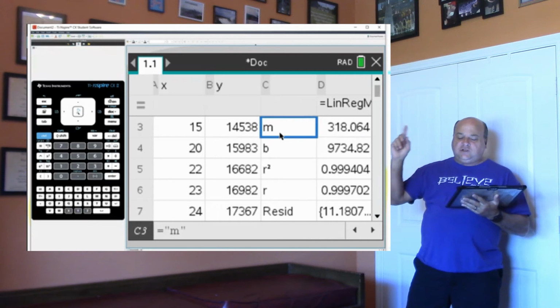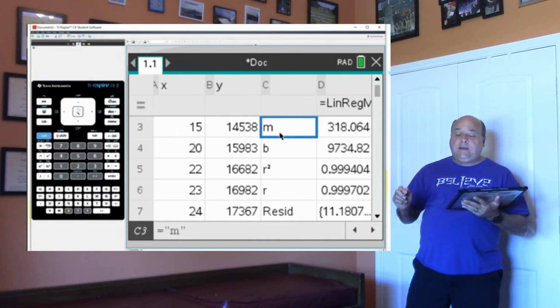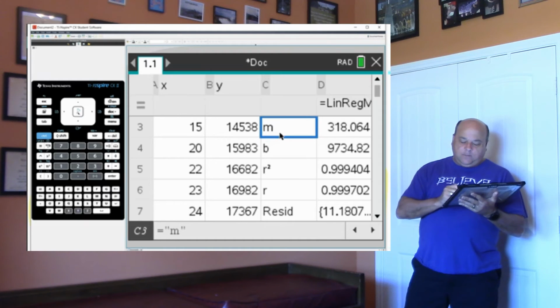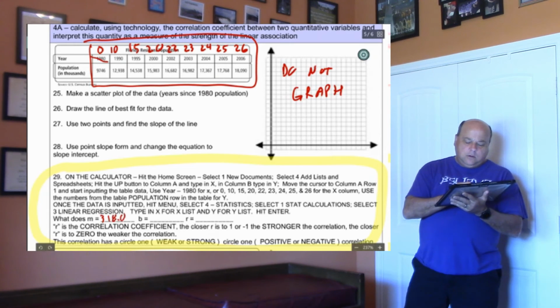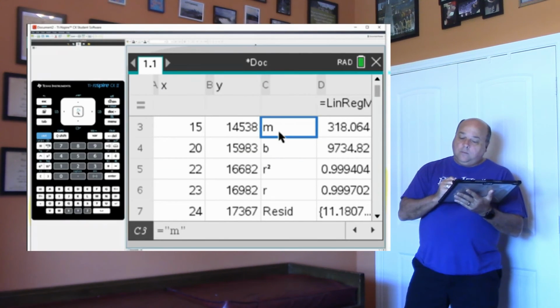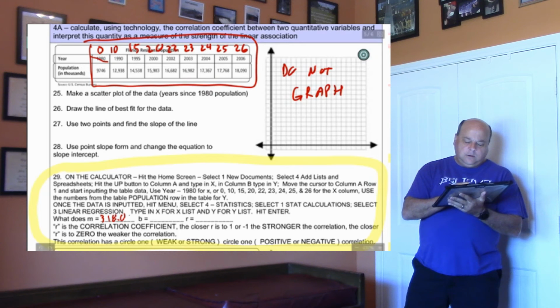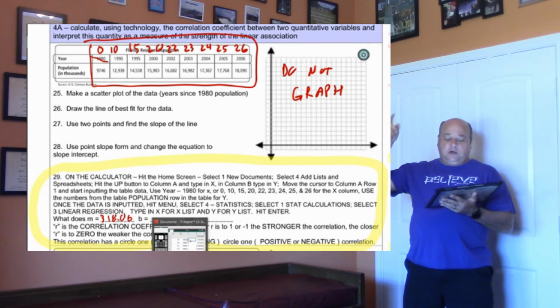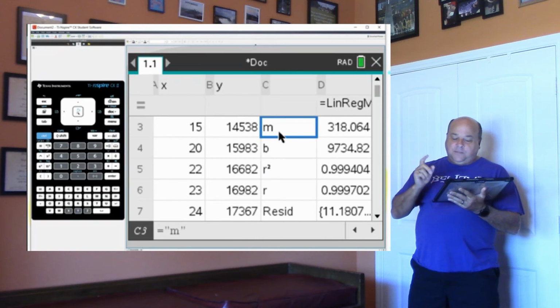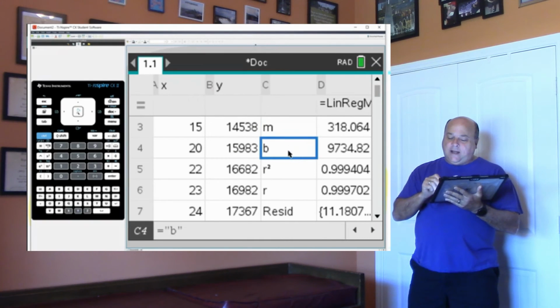So my M is 318.0. So go down to here. My M is 318.0. And let's do the 100th, 0.06. The M, that's the slope, right? So every year it's going up 318. The slope is, the y-intercept,